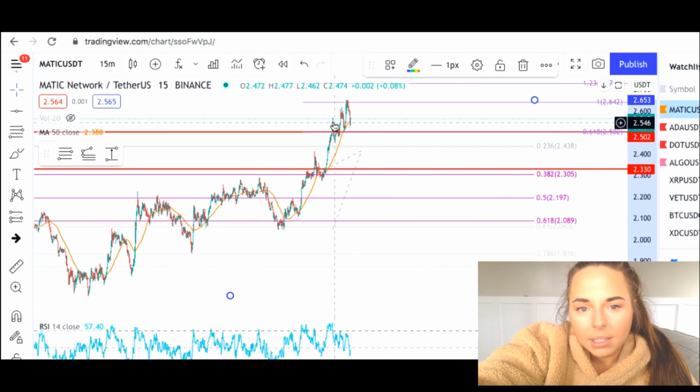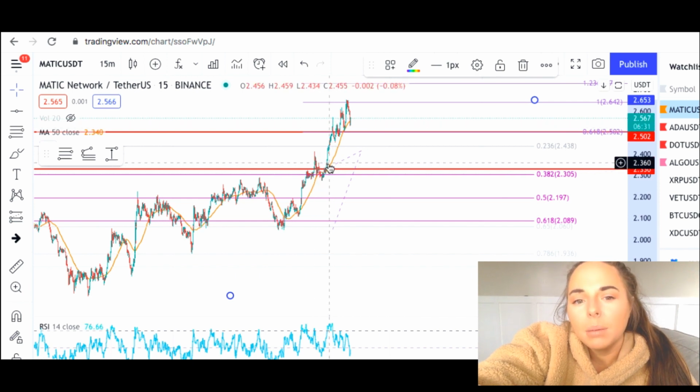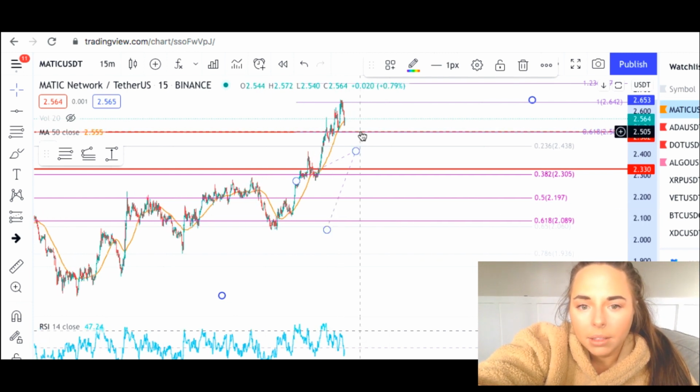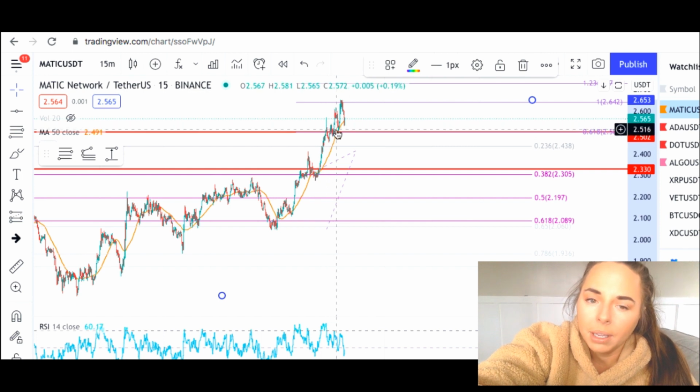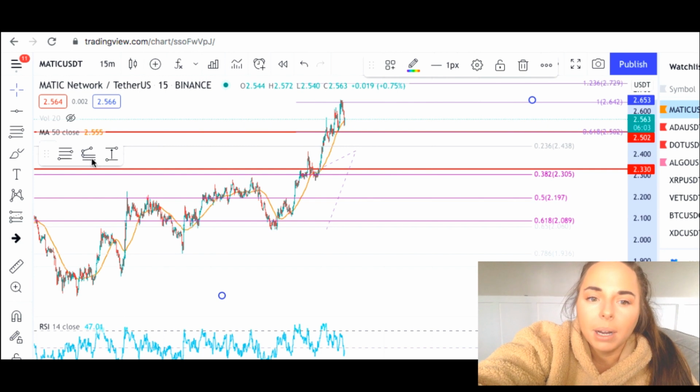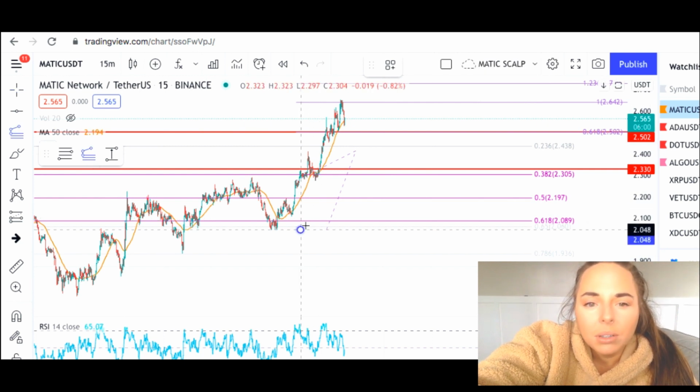So you can see as it's coming up, or as it started to come up, I wanted to get a top here of where I was going to add because I knew I was going to be adding. So I'll tell you how I got this target here to add, which it did come up more, but generally this is the target for a fifth wave. And you can see it did kind of respect that fib a little bit, but you want to stick to the same rules each trade, and you don't want to kind of mess it around. Even though it did come up, this is still where you would have wanted to add. So I'm going to show you that right now.